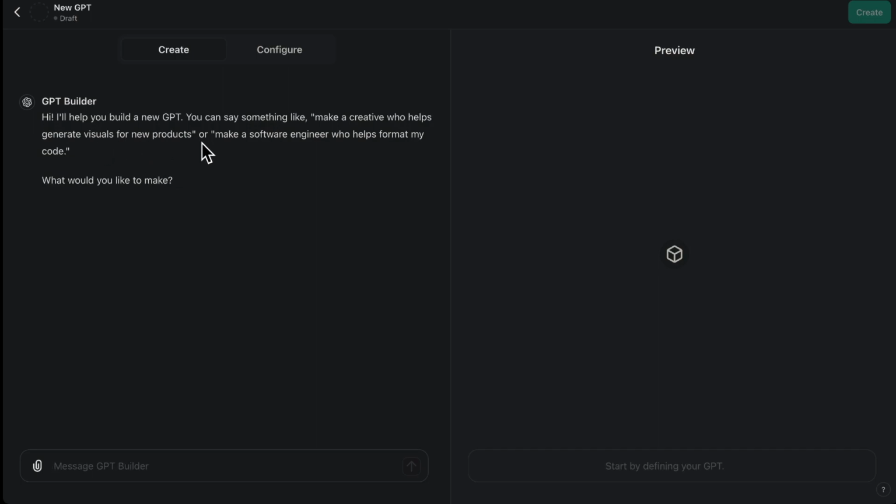This is the interface here for creating a GPT, and it's real easy. You just come in here in plain English on the left-hand side, and you tell it what you want. So I'm going to just say,